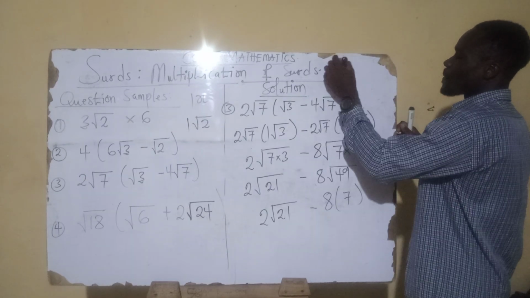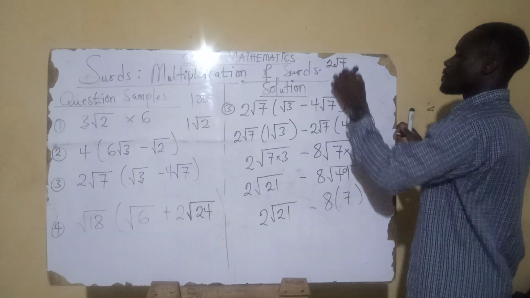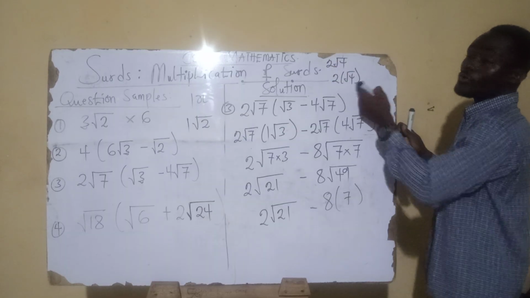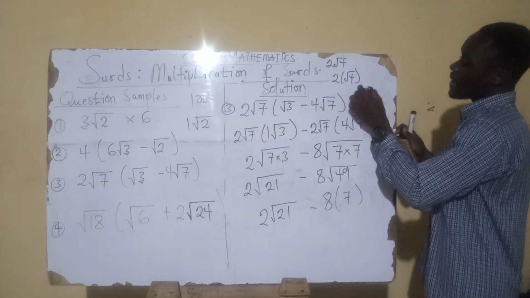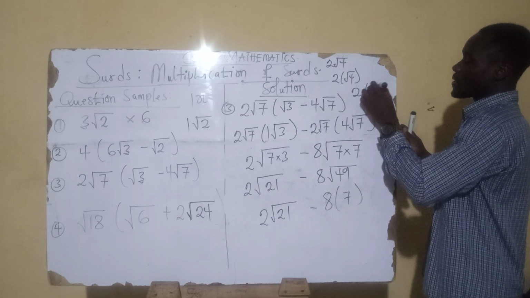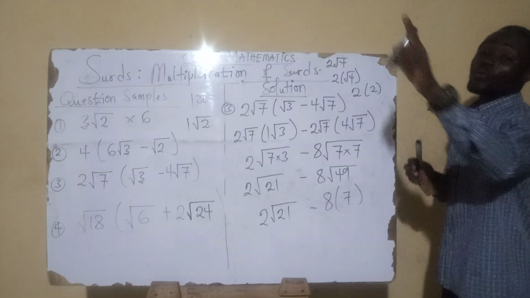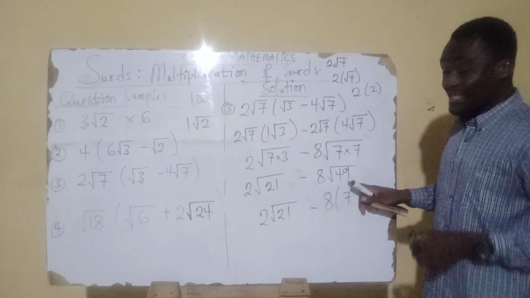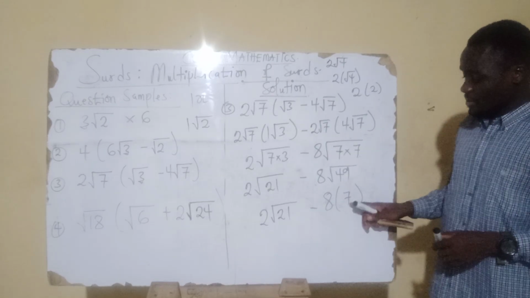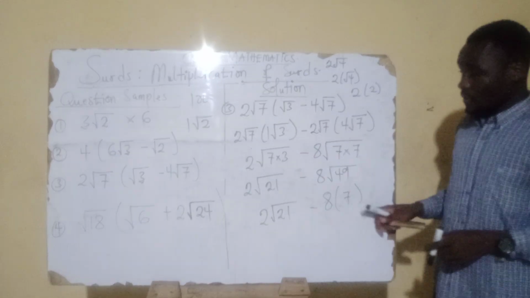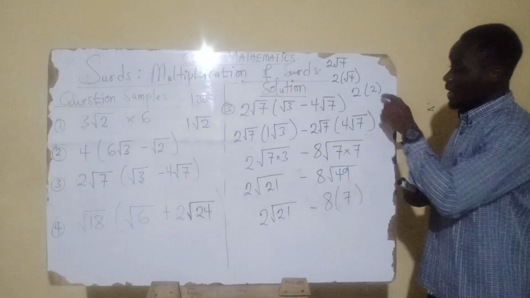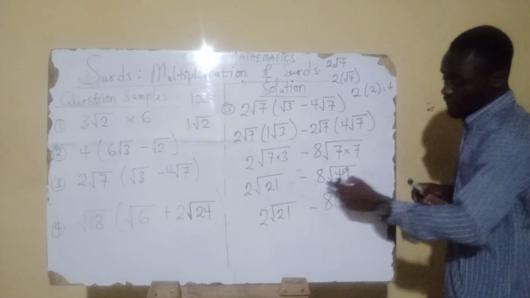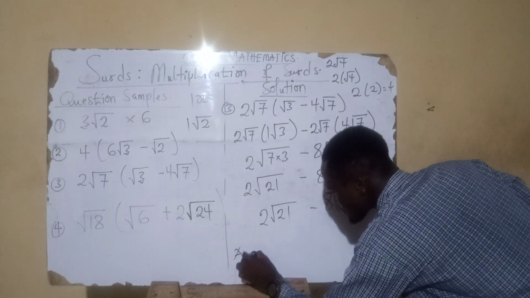So if 2 root of 4 is the same as 2 in a bracket root of 4, where we know root 4 to be what? 2. So here it can be expressed as 2 in a bracket what? 2. Remember we said root 4 is the same as what? 2. Remember, okay? So root 49 is a perfect square and it is 7. That's why it is multiplied here. 4 is a perfect square and it is what? 2. So here we are going to get what? 4. I believe it is clear. Very good. So here our answer becomes